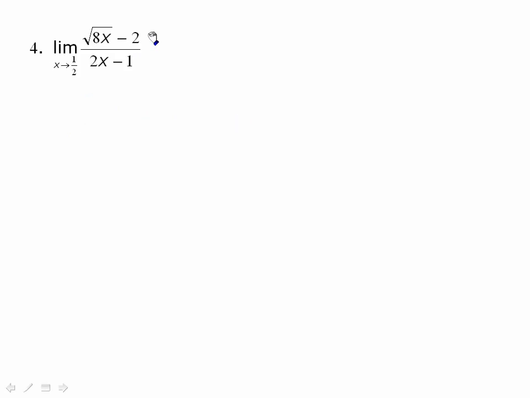Number 4, another one that if we substituted it in, again, pause me and go through it and check, but if you did work this one out, you will get 0 over 0. And when I see that radical, I know that the best solution probably would be to rationalize. So root 8x plus 2 minus 2 over 2x minus 1, times root 8x plus 2 plus 2 over root 8x plus 2 plus 2. And I like to go directly to the a squared minus b squared part. And that will give me